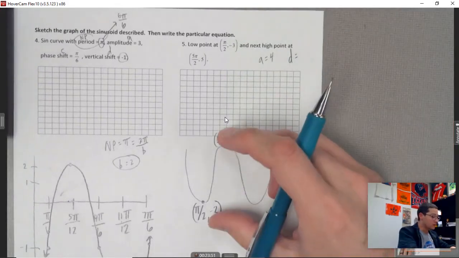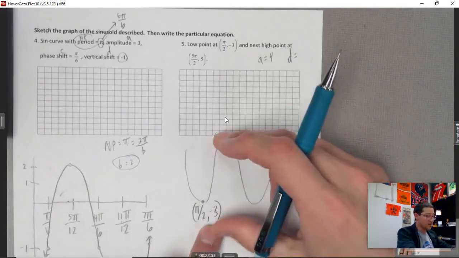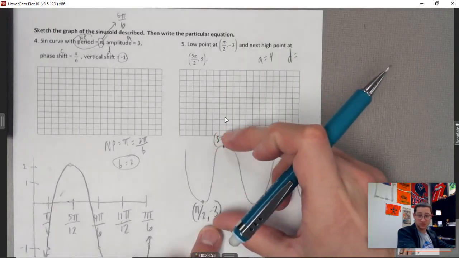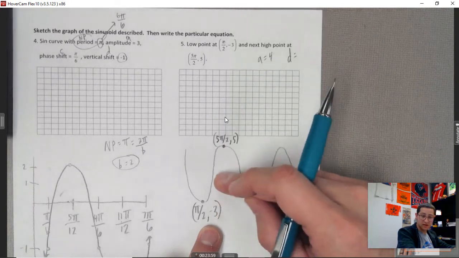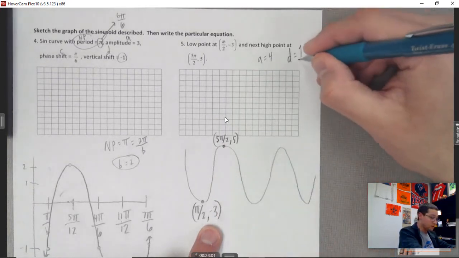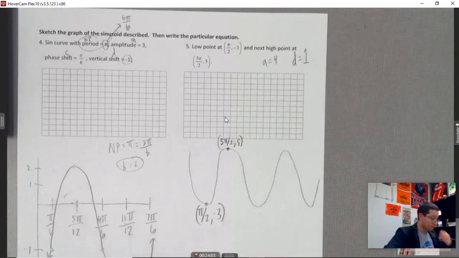So you've got your amplitude, and then your halfway point, since it's a distance of 8, adding 4 to that -3 is going to get you 1. So you have a D value of 1. All right? Let's talk about